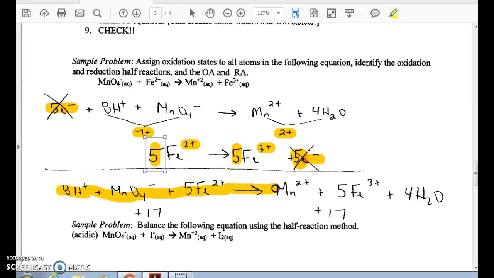And when I go back and I double check to see that it's balanced for atoms and charge, I see 8 hydrogens on the reactants and products, 1 manganese on the reactants and products, 4 oxygens on the reactants and products, 5 irons on the reactants and products, and an overall charge of